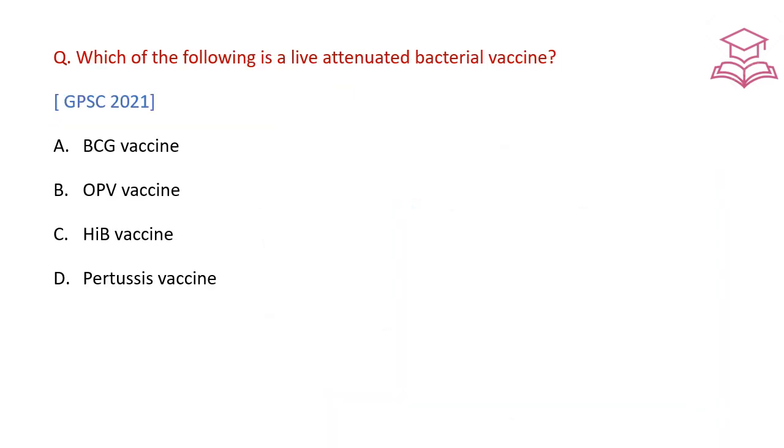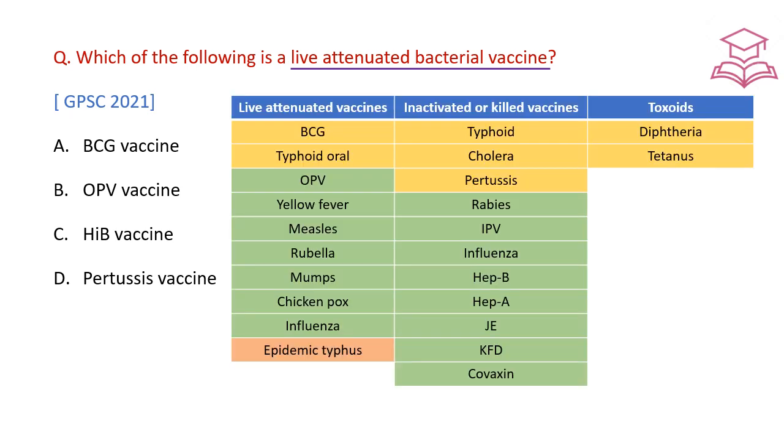Which of the following is a live attenuated bacterial vaccine? Let us see about the live attenuated, inactivated or killed vaccines and toxoids. In live attenuated, we have BCG, typhoid oral, OPV, yellow fever, MMR, chickenpox, influenza and epidemic typhus. So in this, the yellow colors are bacterial vaccines, which are BCG and typhoid oral. The green colored are viral vaccines, which are OPV, yellow fever, MMR, chickenpox and influenza, and epidemic typhus is a